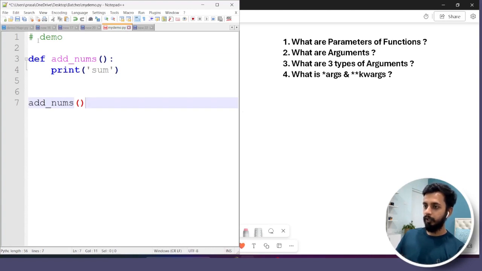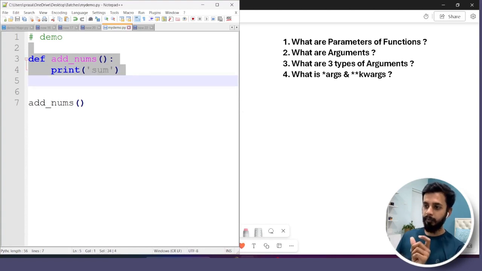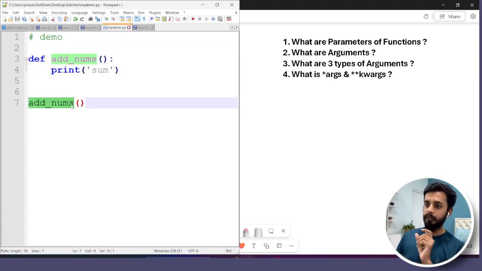First, when Python scans the program, it will scan from top to bottom. It will scan the function and create the function in memory. But only when we call the function will it execute. That means it will go inside this indented block and execute this block. Now here,